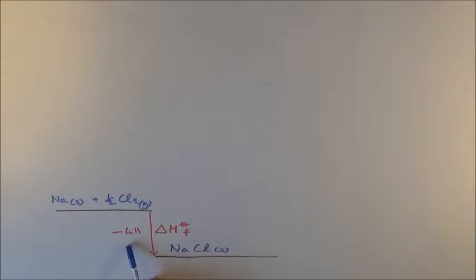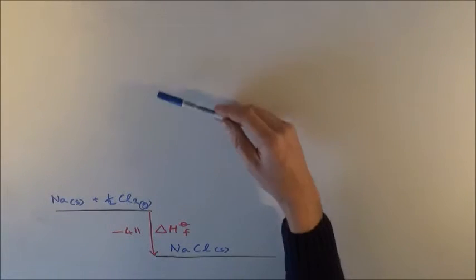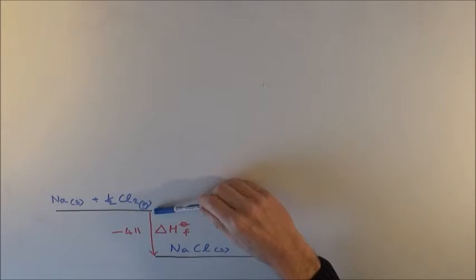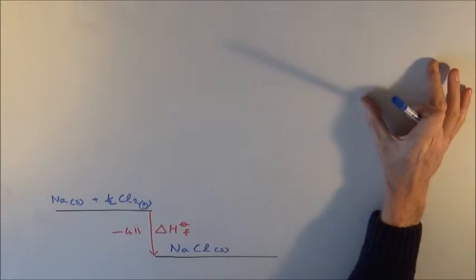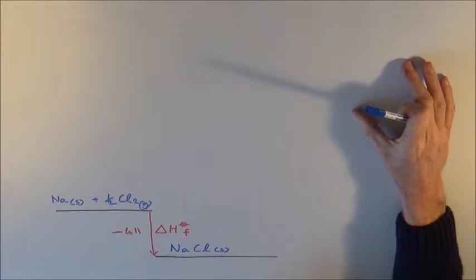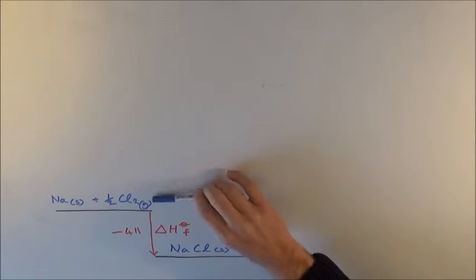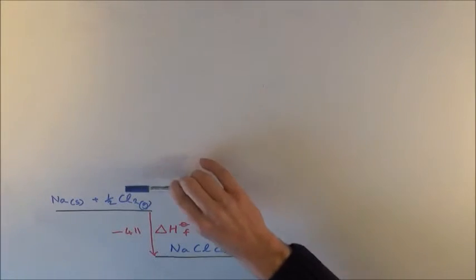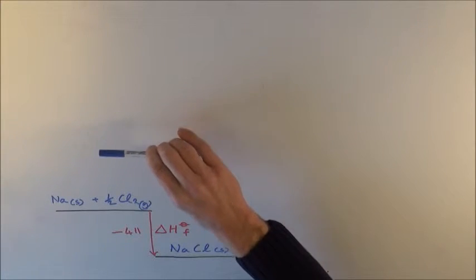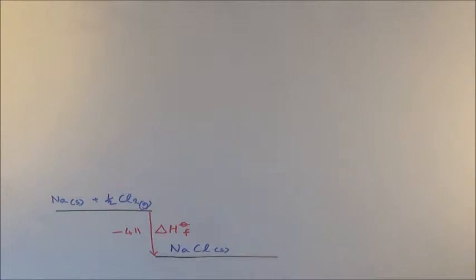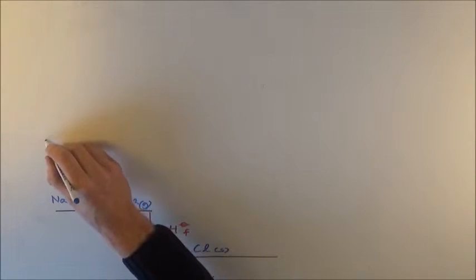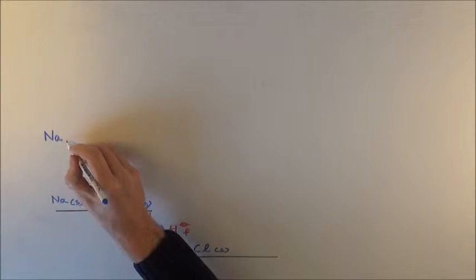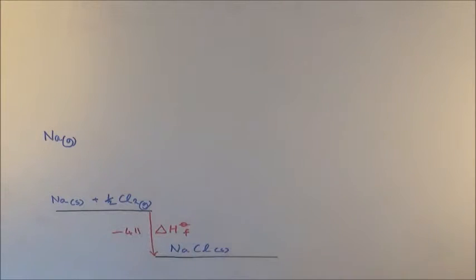I'm not putting in the units because, as you'll see, the page is going to get rather cluttered. And what we've got to do is work our way up here and get from the elements in their standard states to the gaseous ions, and then the link between the gaseous ions and the solid, the ionic lattice, is the lattice enthalpy. So what I'm going to do is have lots of little energy levels, but every time I go from one to the other, I'm making one change. So the first thing we're going to do is get some sodium atoms. I'm just going to write up there sodium atoms in the gas state, gaseous atoms,